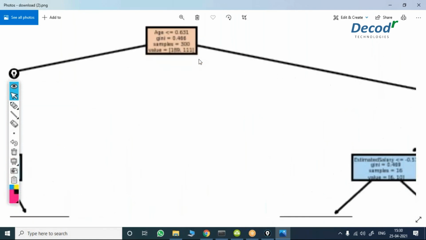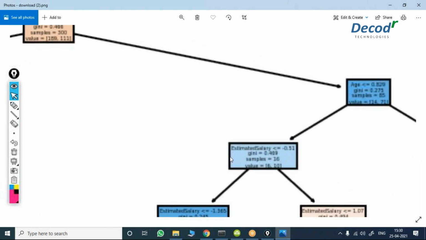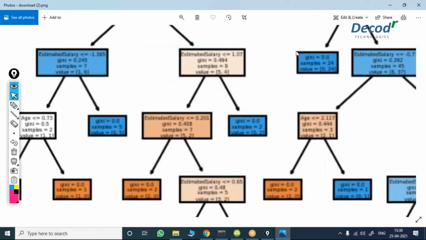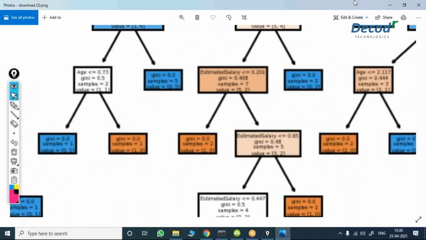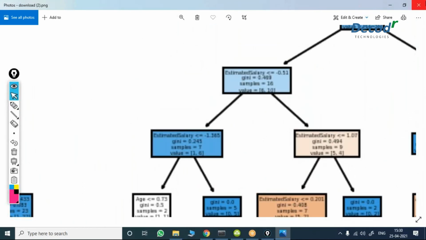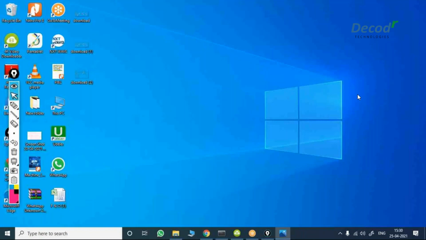If you observe clearly, it is Gini. It is not considering the entropy value. For each split, it is considering Gini, Gini, Gini. Everywhere it is considering Gini values. Based on the Gini values, it is starting the splitting. Right? You can use entropy or Gini index.